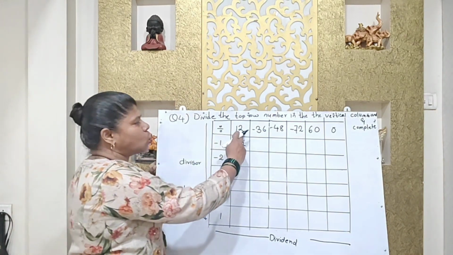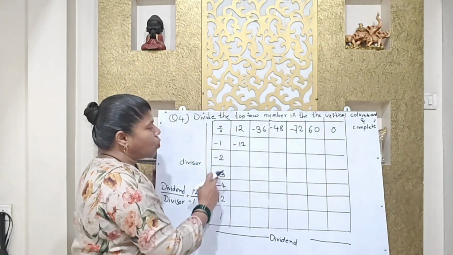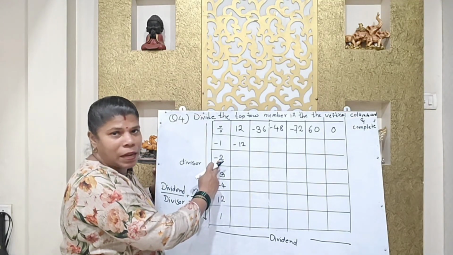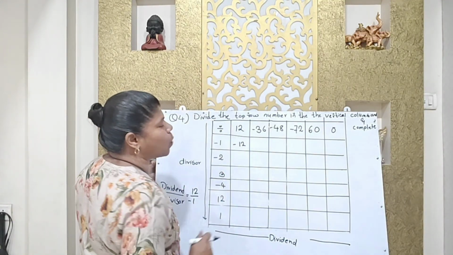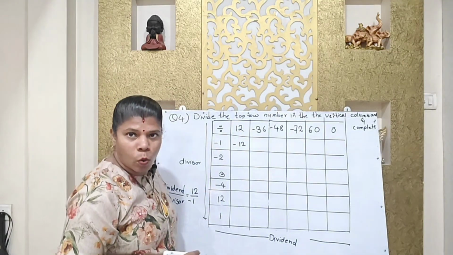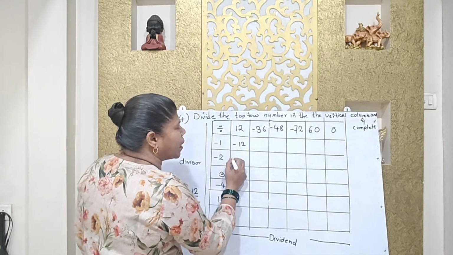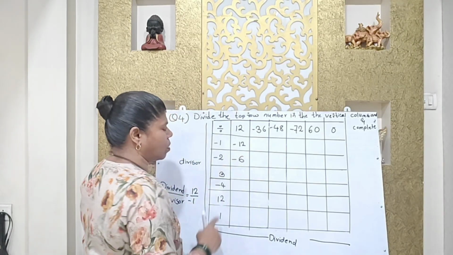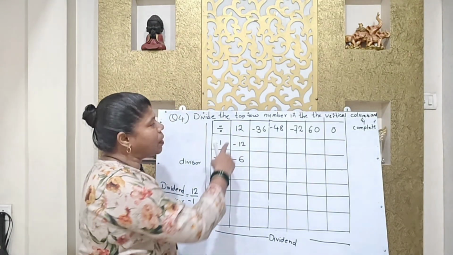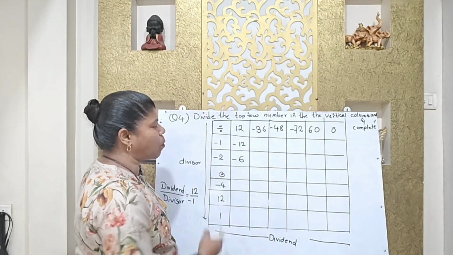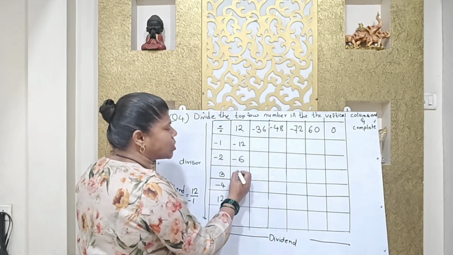Okay. Now this 12 is positive, minus 2 is negative. We know the table of 2. You should say the table here. 2 6s are 12. Negative divided by positive is always negative. So negative, 2 6s are 12, so I am writing 6 here. We will say the table of 3. Both have a positive sign, so no need to write any sign, positive. 3 4s are 12.